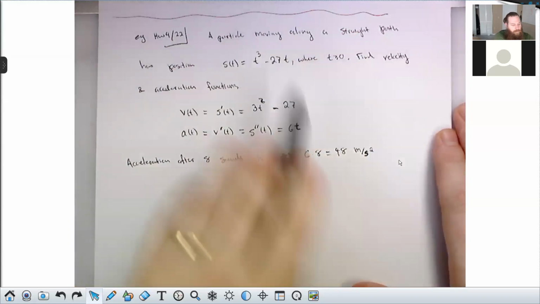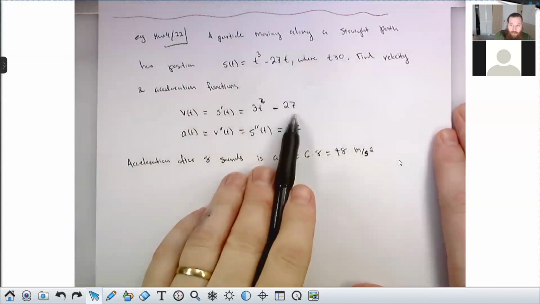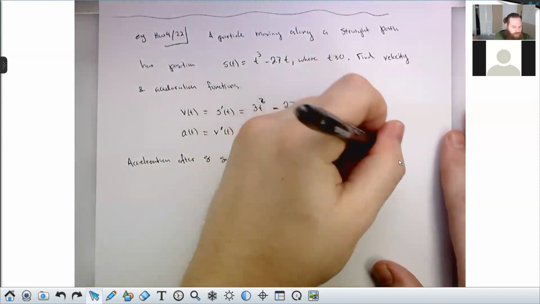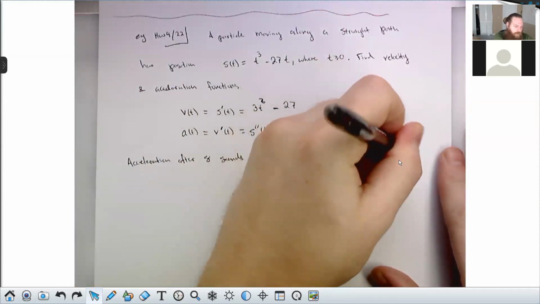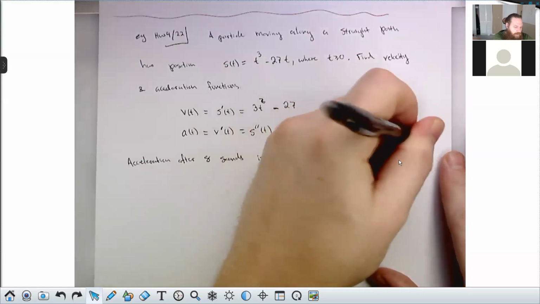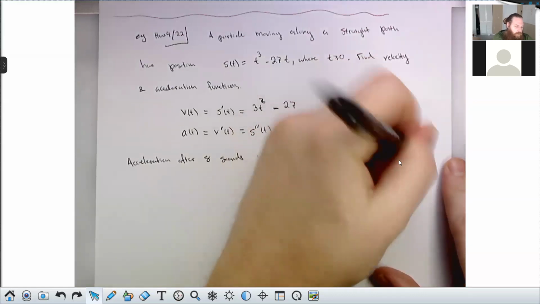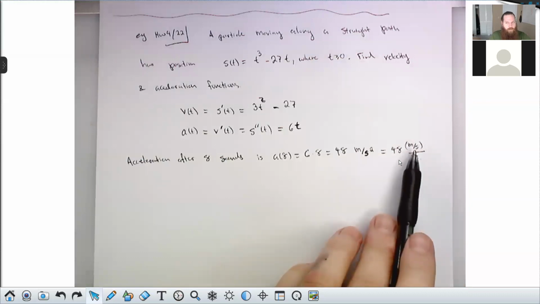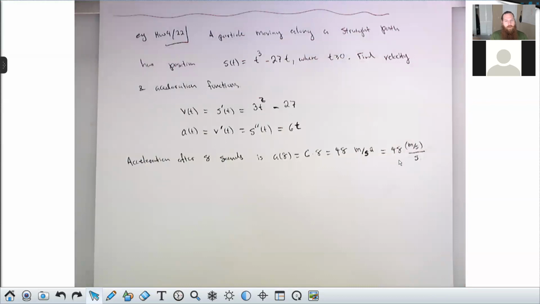Distance here is measured in meters. So velocity is measured in meters per second, right? How fast are you going? How many meters are you going per second? Acceleration is how fast is your velocity changing. So it's how many meters per second are you gaining or losing per second? Like every second, I'm going 1 meter per second faster. Or every second, I'm going 1 mile per hour faster. Every hour, I'm going 1 mile per hour faster, that sort of idea. So how fast is your speed changing over time? And usually you see this written as meters per second squared because you can simplify the fraction of units here into this.